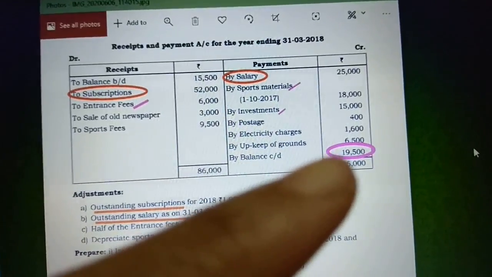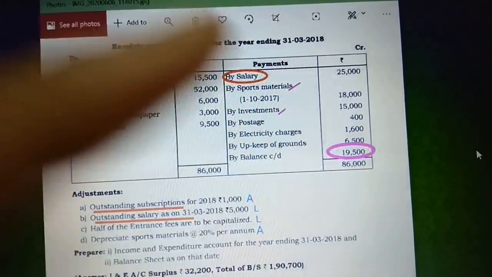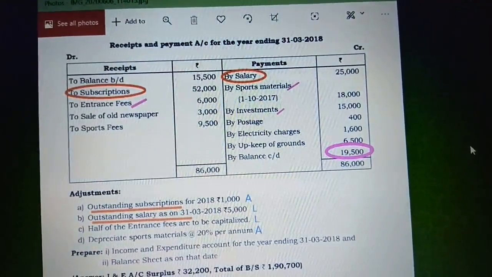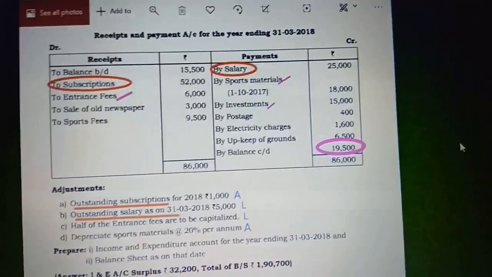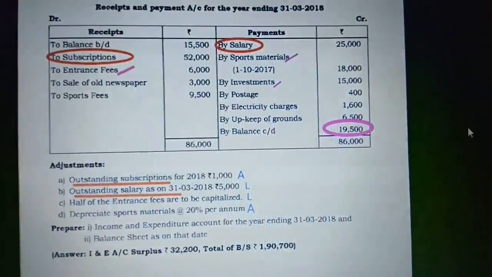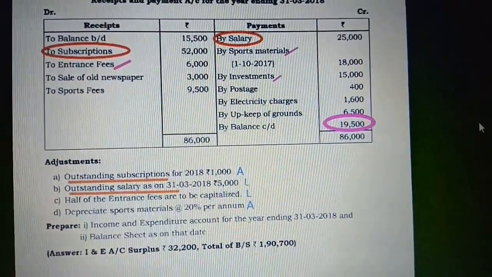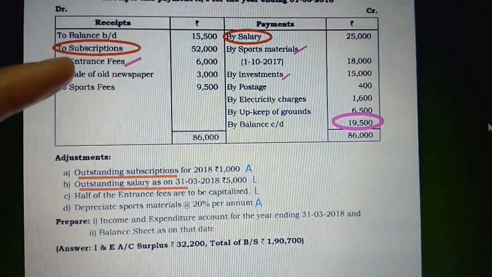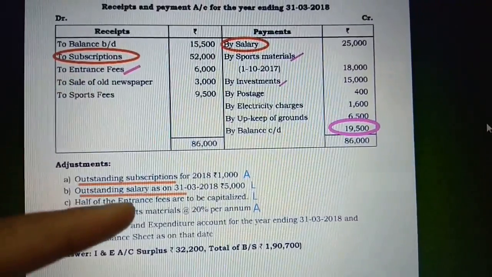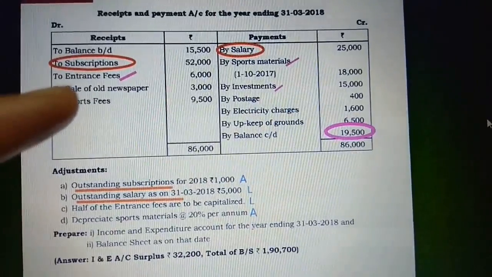As I said, this is the one which should always be taken because this is a cash book that is going to be maintained by the not-for-profit organization. Just observe, in the receipts and payments account, always a closing balance should be taken as cash in hand or cash at bank. Now moving on to the receipt side, we are going to pick up the liability, only one item, because only entrance fees is the one they have given instruction to be capitalized. So this is the only item on the receipt side.